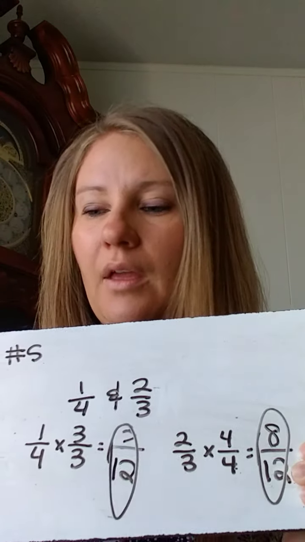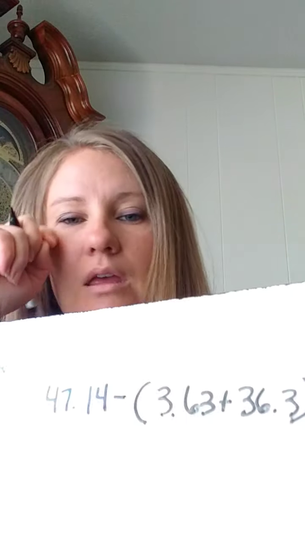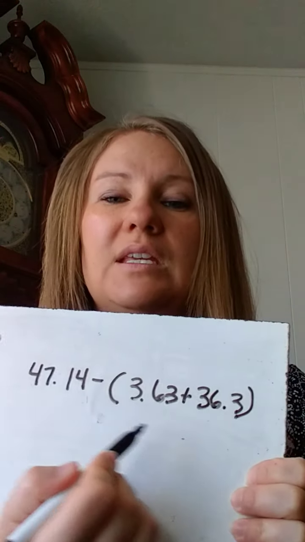All right, number 6. We need to follow our correct order of operations and do what's in the parentheses first. All right, so we have 47 and 1400ths minus 3 and 6300ths plus 36 and 3/10. All right, so we'll do what's in the parentheses first. So I'm going to do 36 and 3/10 plus 3